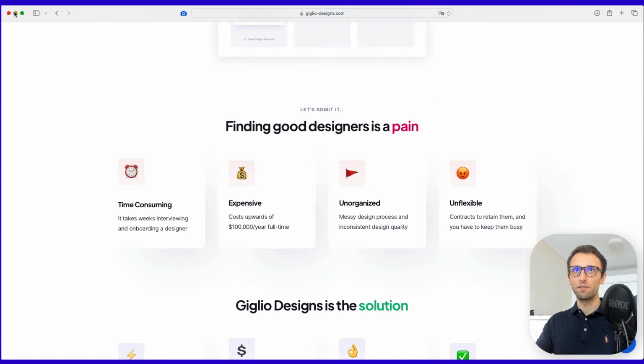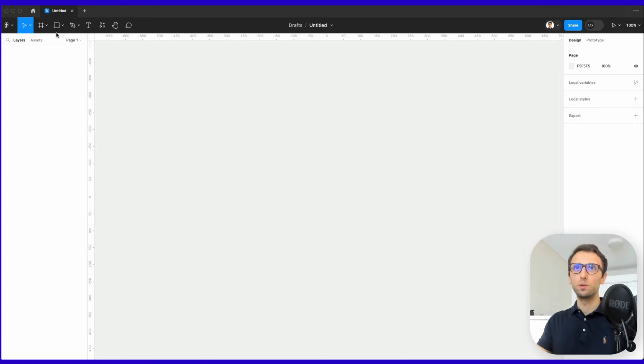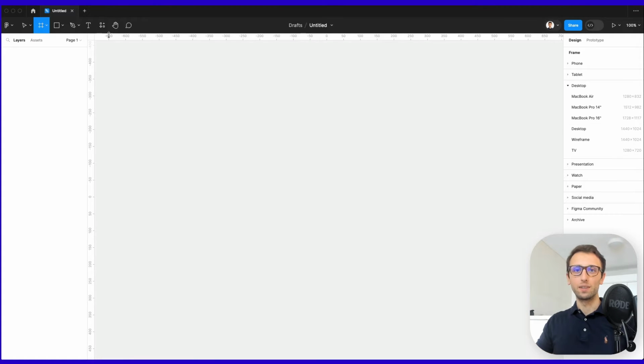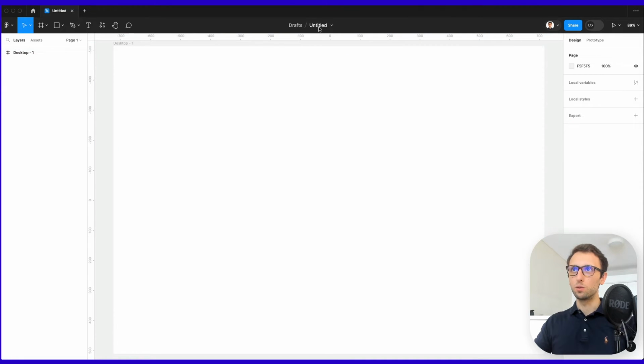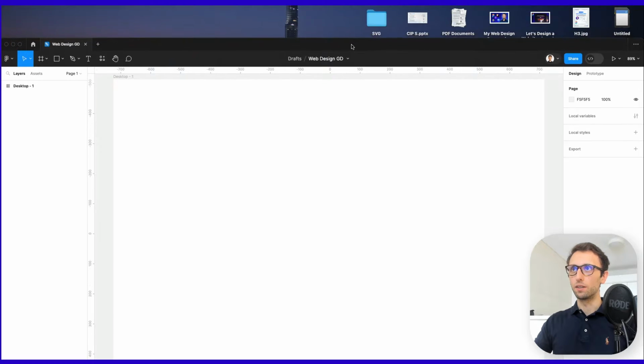Let's get started in Figma, and as the very first thing, we're going to create a frame, which, as you might know, is going to be 1440 pixels. So we're going to select the desktop, and this is going to essentially give us the base for creating the website. Now I'm also going to simply rename the file to web design GD, and I'm simply going to bring the